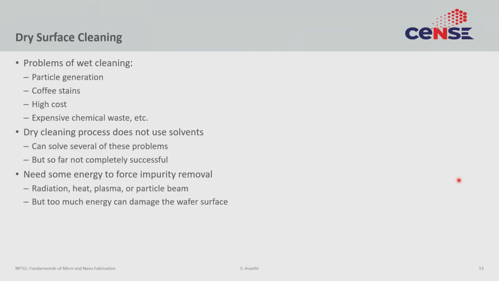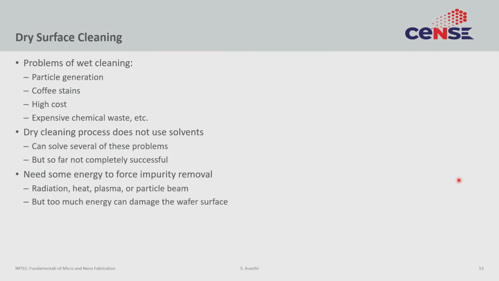So the concept of dry cleaning is that you don't use liquids at all, you use gases or plasma. Now the reason to do that is there are certain problems associated with wet clean. You always generate particles because it's very hard to have particle free chemicals, especially once you start using them. They always tend to create particles. Gases on the other hand can be particle free. You always have a coffee stain problem. We have discussed this before. There are ways to avoid it, but no way to absolutely prevent it at all scale.